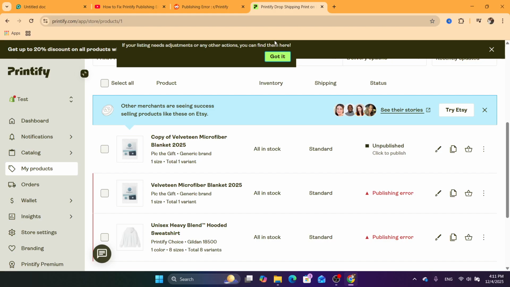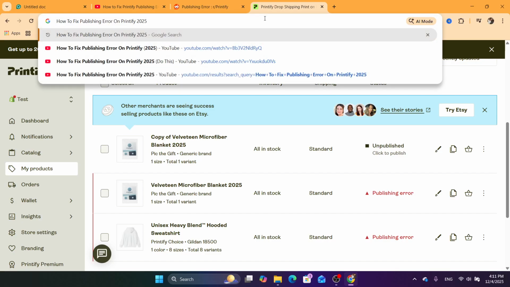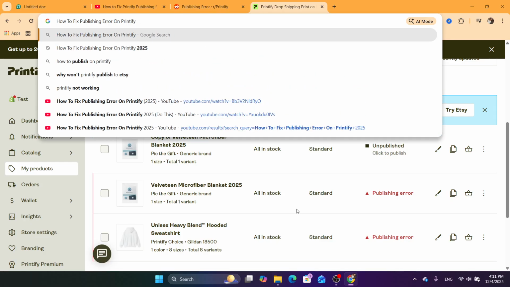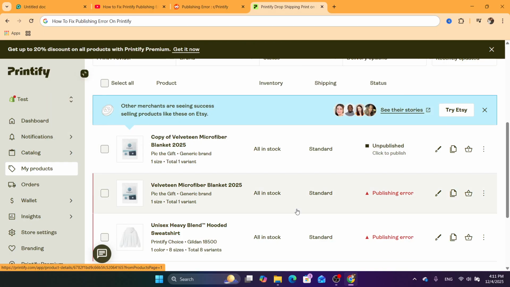Hello, in this step-by-step tutorial, I'm going to be showing you exactly how to fix publishing error on Printify. Now, I'm going to be showing you step by step, okay? I'm going to be showing you multiple methods you can do to fix this problem, okay? So after you click here on my products, you will be able to see the products that have this error,